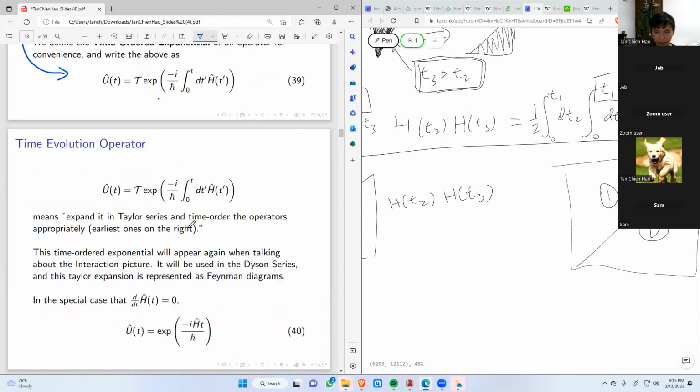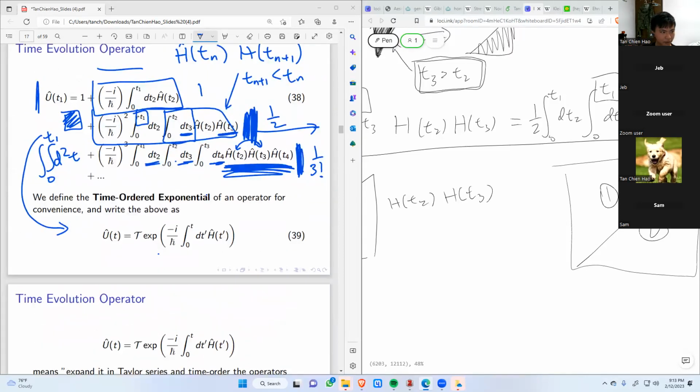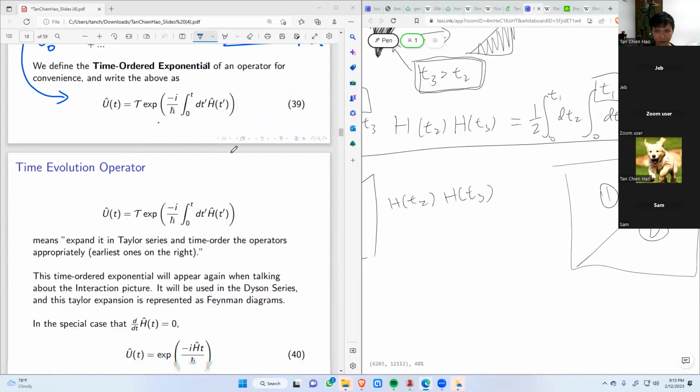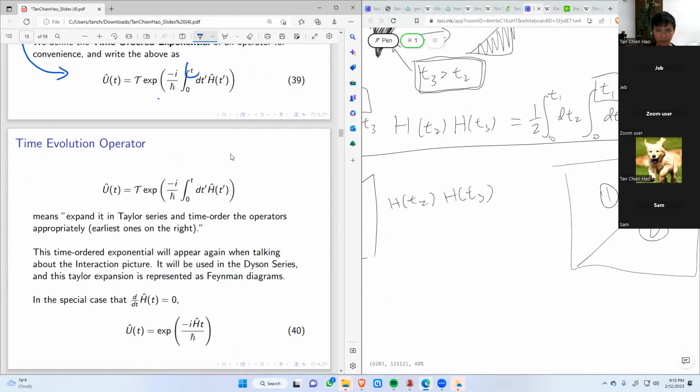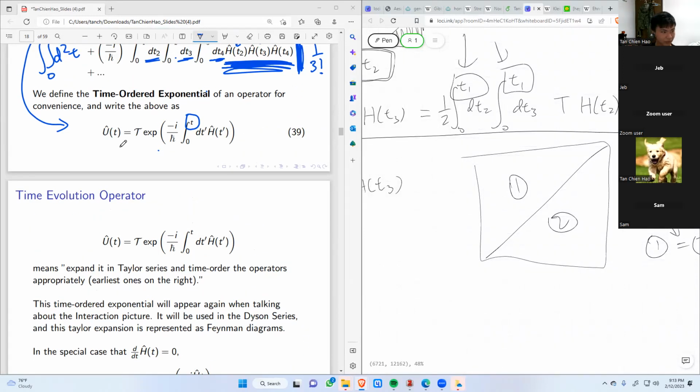I will try to. Okay, so essentially now I've transformed all the time integrals, from 0 to some triangle in time, into the same time, which is t1. I've transformed all of them into t1. Now you see the right hand side is all t1, and that actually allows me to write the thing as a product. And if I write it as a product, then it's a product of the same terms. Then I can write an exponential, but I put a T in front of it,